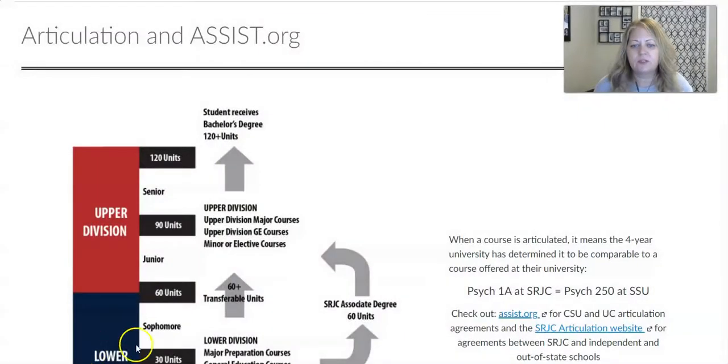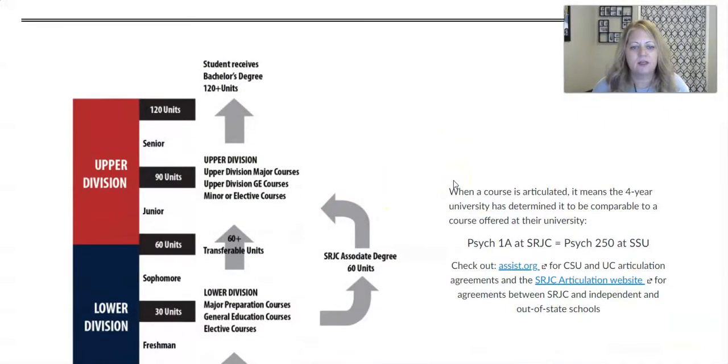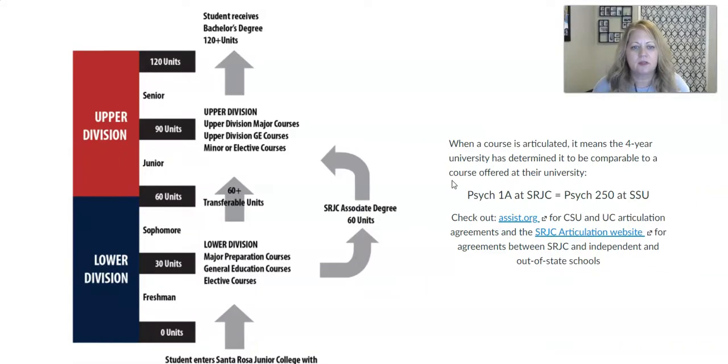They then submit it through a statewide system to be looked at by the UCs and the CSUs to determine if that class is equivalent to something that is taught at the CSU or the UC. And once that is confirmed and approved, then it goes into a system called ASSIST. So that's what we're going to go through today. But before we do that, let's go ahead and look at this graphic here showing you how you move through the process of being a transfer student.